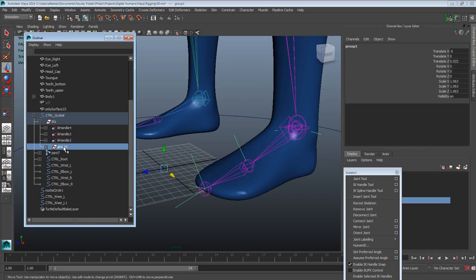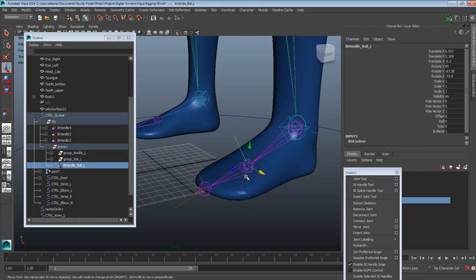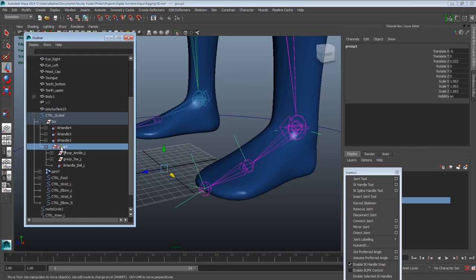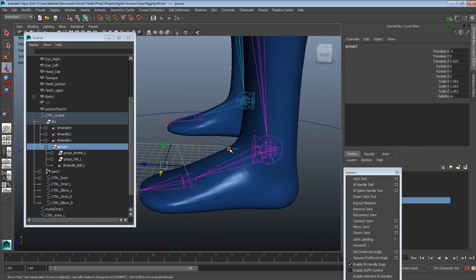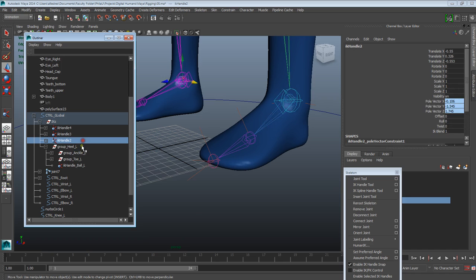so we just grouped the, what did we just group? We grouped the ankle group, which is this one, the toe group, and then the IK chain that we did from the ankle to the ball of the foot. Okay, and the next thing that we're gonna do, we're gonna select this pivot, and we're gonna take this group, and we're gonna take this new pivot that we created with this group, and we're gonna move it to the heel of the foot. Okay, which is right here. So we could call this group heel underscore L for left. Okay,